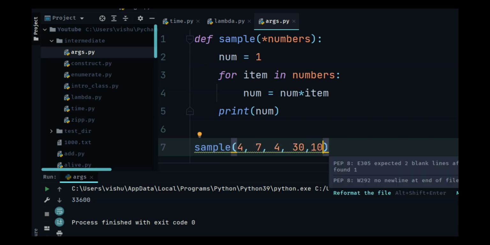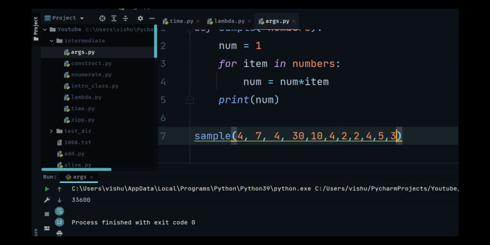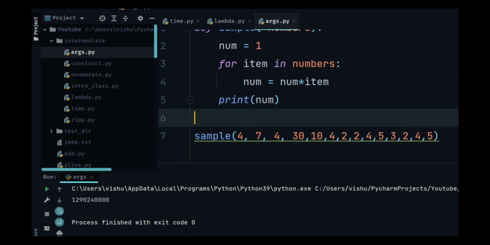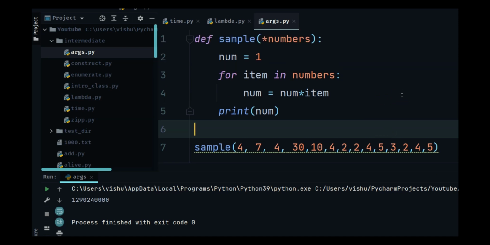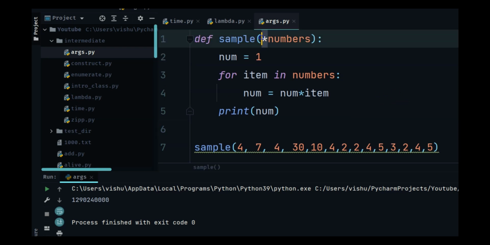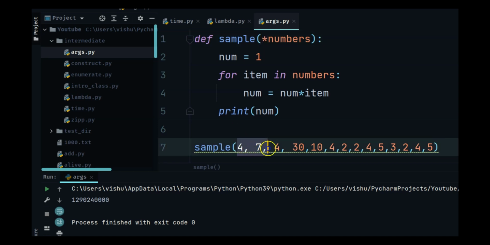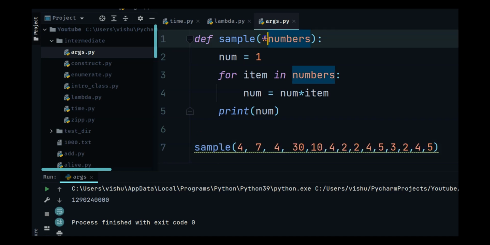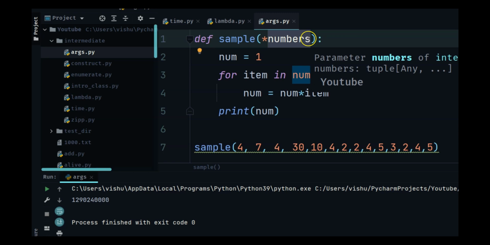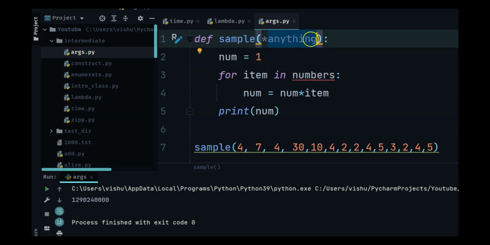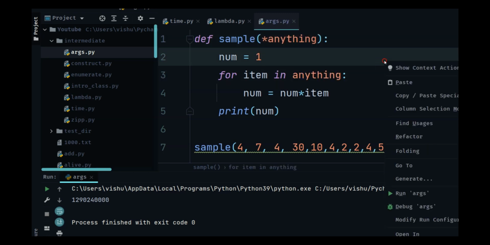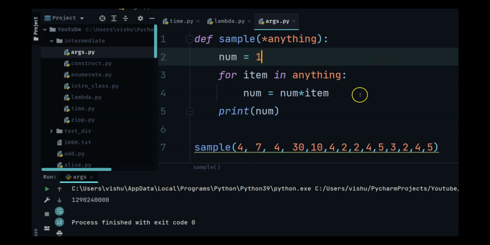We can specify some random numbers, and all of this will get multiplied without you having to do anything. Because that's the beauty of this star.